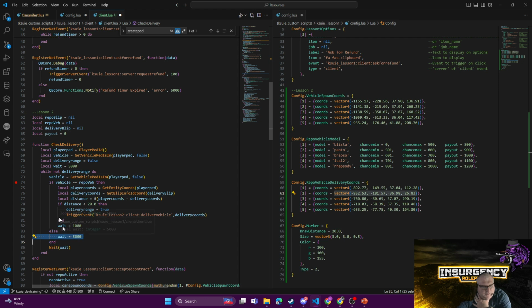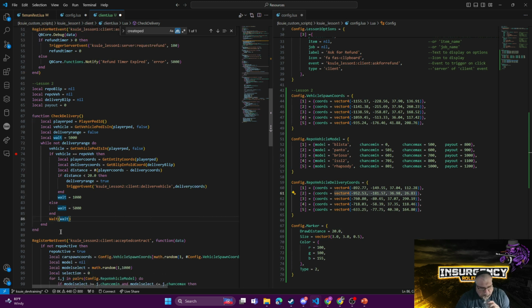Why did I have to do that? Because if I ever enter this and then they go out of range, I want to go back to 5. So if they're in range, it's going to be 1 second now. If they exit range, it's going to go back to 5000. And so for wait, instead of putting a number here, I just put the variable, and we've defined it in 3 places to tell it if we're going to wait 5 seconds or 1 second. Clear as mud? Okay,